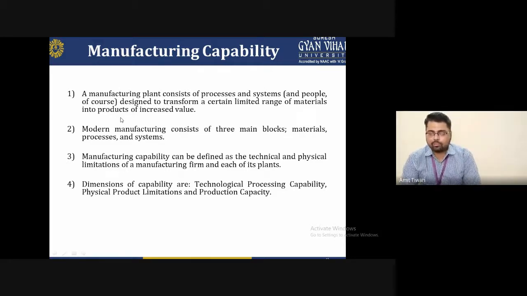And the third is the manufacturing capability, which can be defined as the technical and physical limitations of a manufacturing plant and its facilities. That is, the manufacturing capability defines the technical and physical limitations. Then what type of machine we use, and how